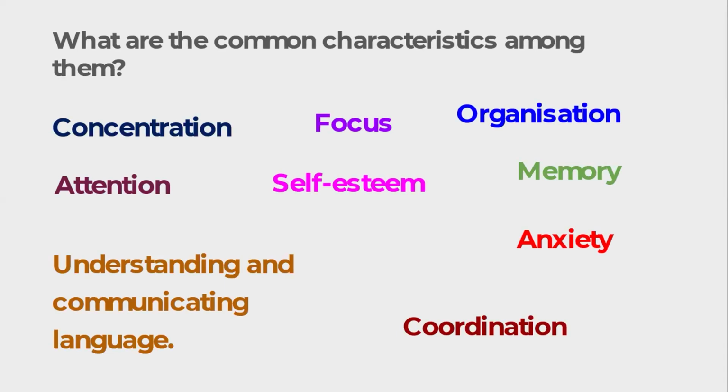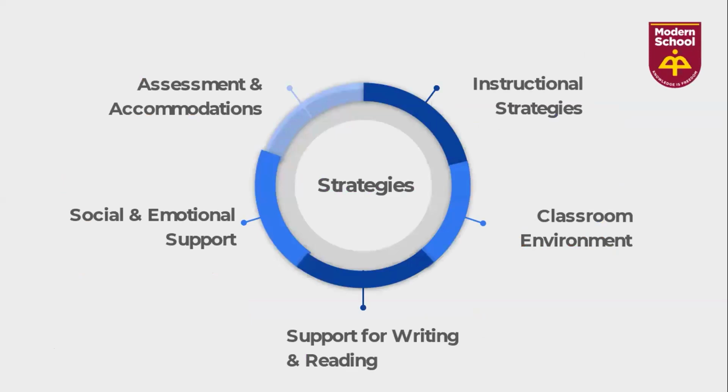So, taking this into consideration, at school we adapt materials so that we can cater for the needs of these students. And we take an approach which includes all these five components. I will show you some samples of things we do. We pay careful attention to the instructions we give to students, but also the classroom environment. We offer support when writing and when reading. Then there is social and emotional support. Some of my peers mentioned things about this. And we also adapt when we test.